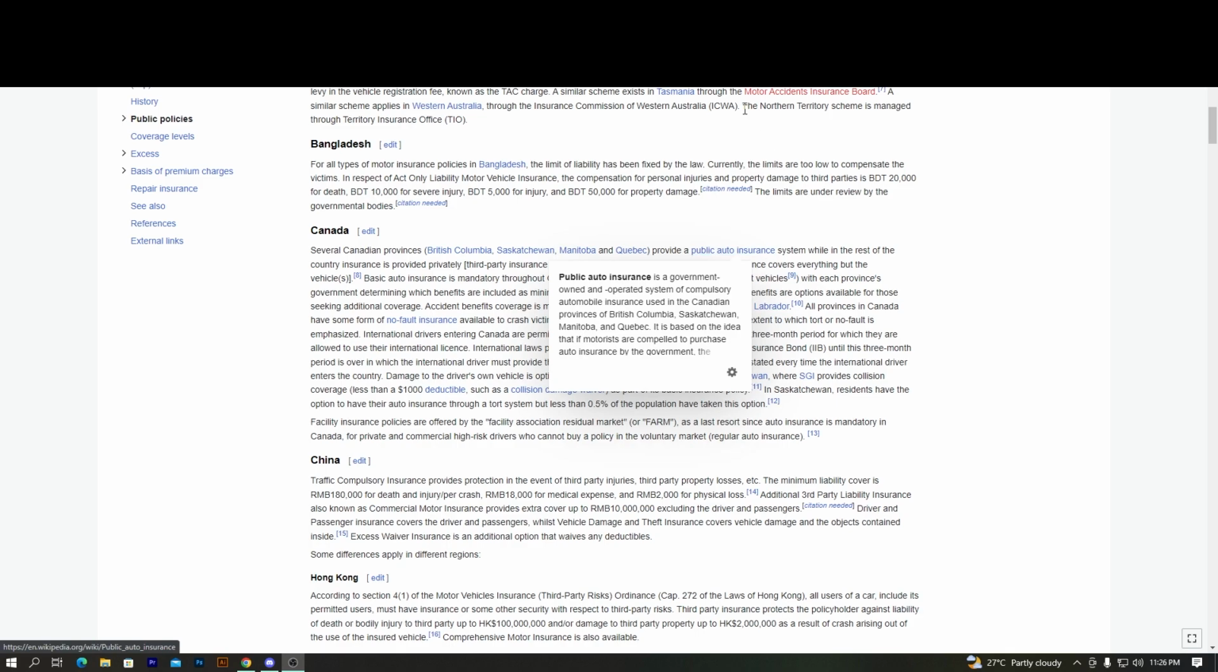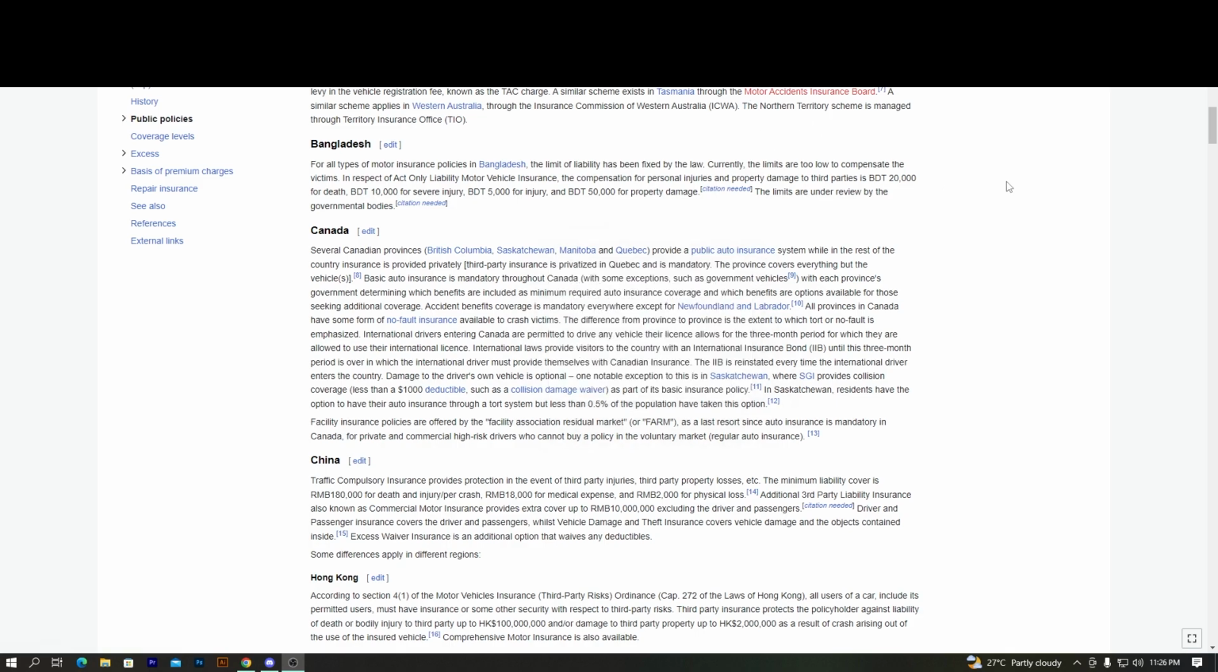Several Canadian provinces, British Columbia, and others, which are difficult to pronounce, have a public system, while in the rest of the country, insurance is provided privately. Third party insurance is privatized in Quebec and is mandatory. The province covers everything but the vehicles. Basic insurance is mandatory throughout Canada, with some exceptions